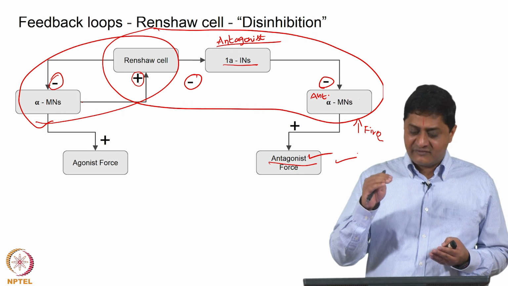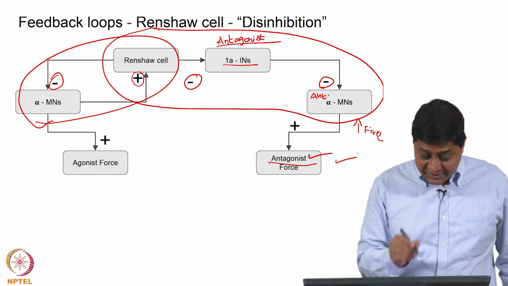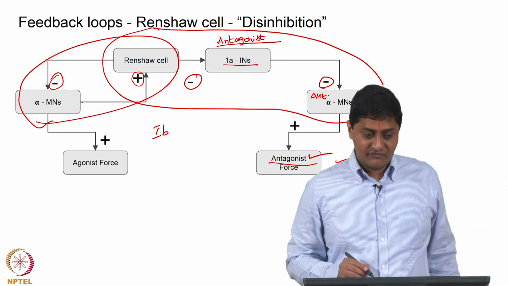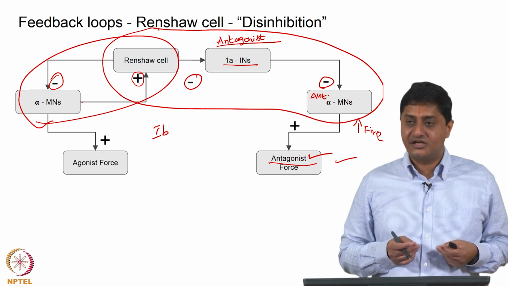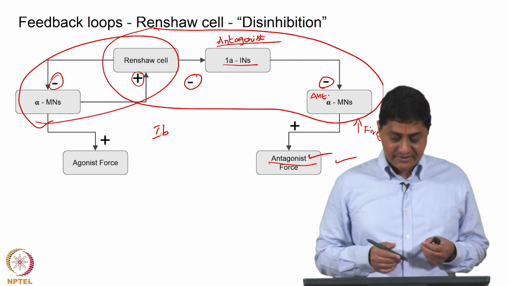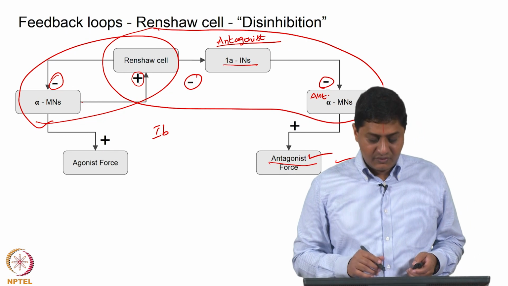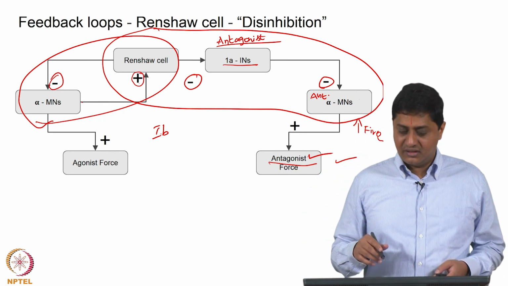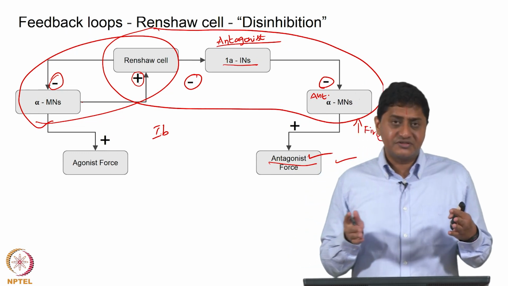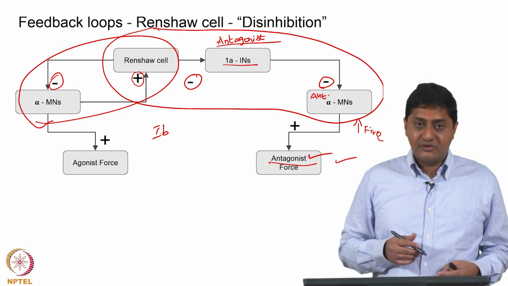Then there are other levels of spinal hierarchy. Actually, there are other things within the spinal cord, that is 1B information that comes from Golgi tendon organs. It is not like it is unused, it must be used somewhere. How is it used? And other things that are not discussed so far. So, we will discuss all those things and other such loops. This is going to be a recurring theme in this course. So, this is going to come several times,